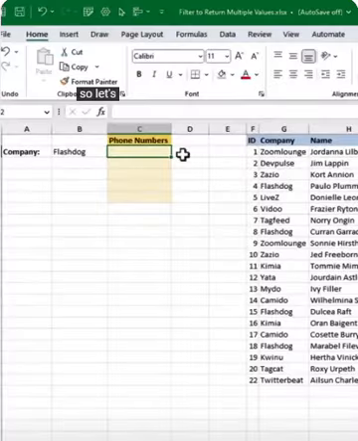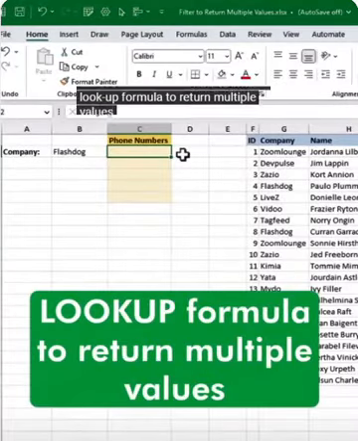So let's take a look at how to write a lookup formula to return multiple values. In this example